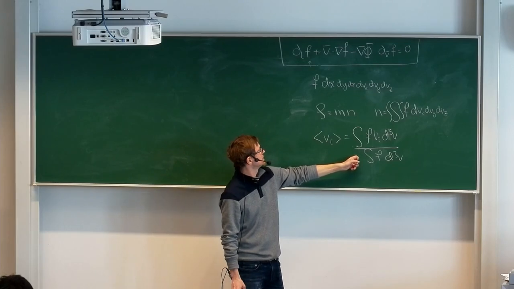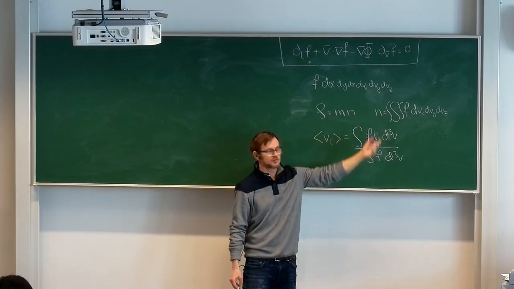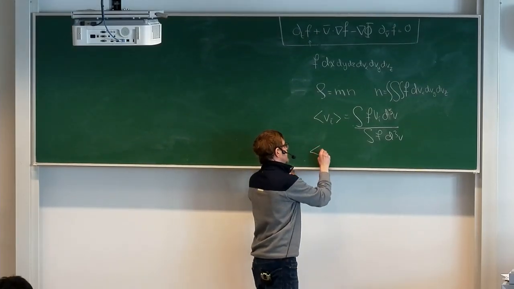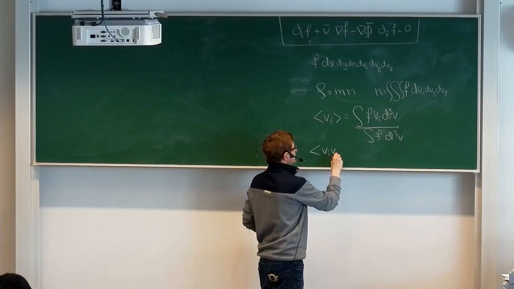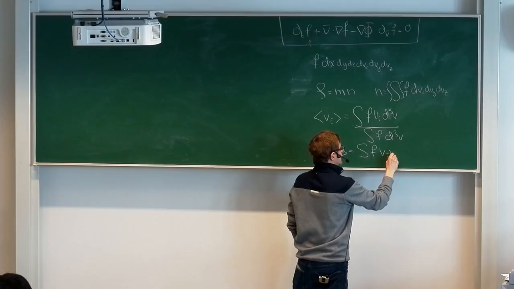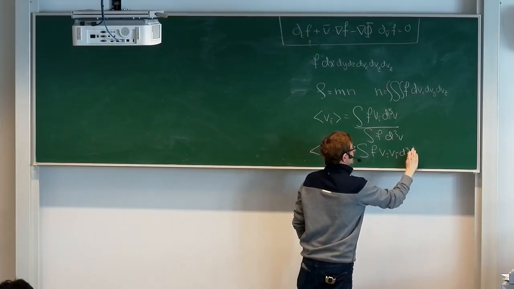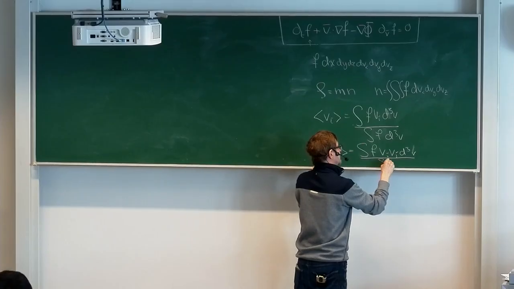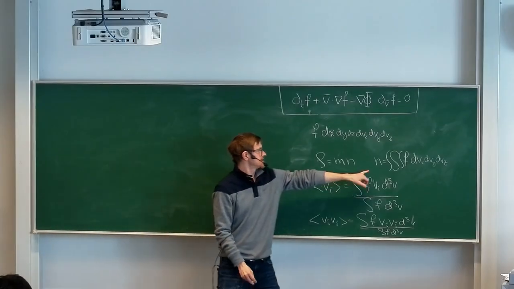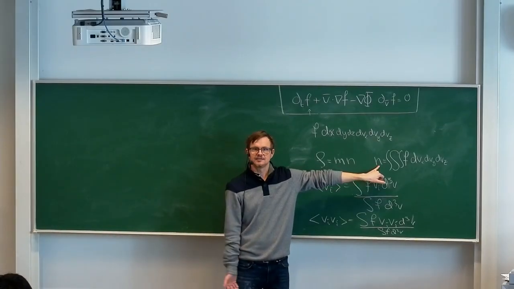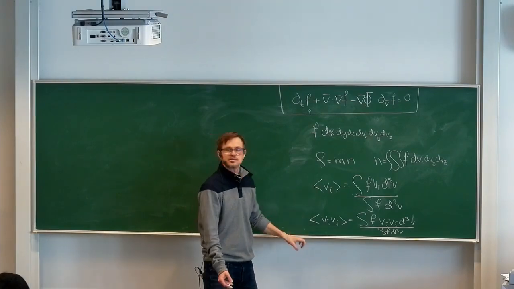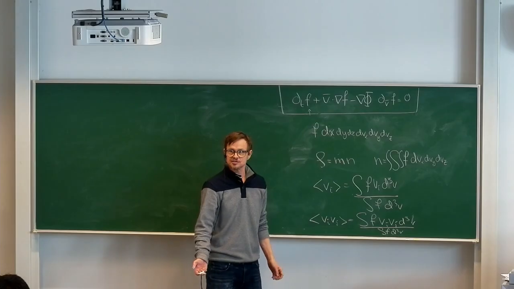And of course, you can also formulate this in terms of the mass and the number density of the particles, because this is just that. Similarly, the next moment, the average of vi vj, is the integral of f vi vj d3v, again divided by this one. Typically, this has to do with the number density that we associate with the mass density. This has to do with mean velocities, and this has to do with velocity dispersions.